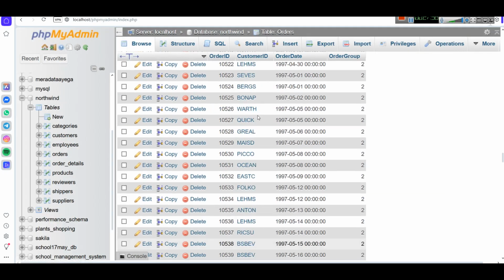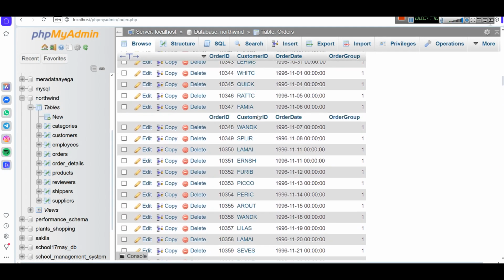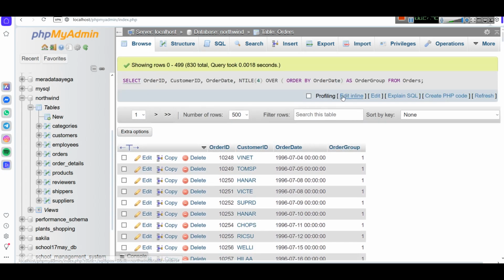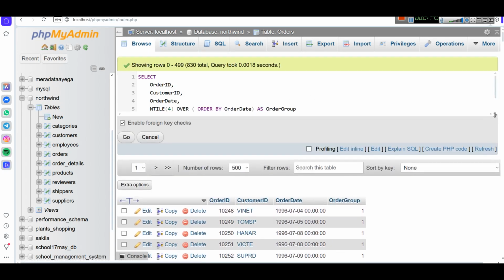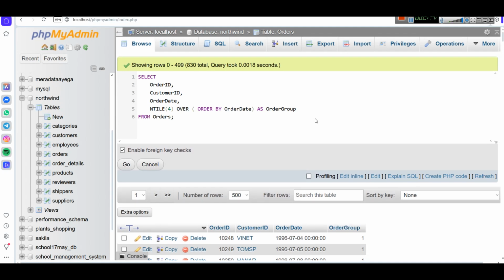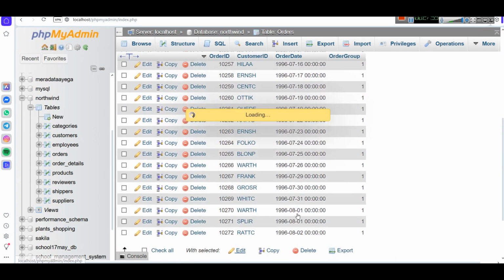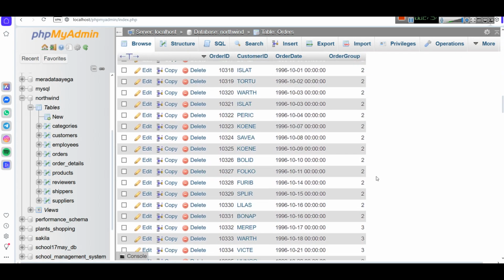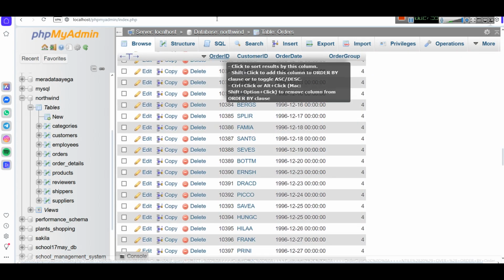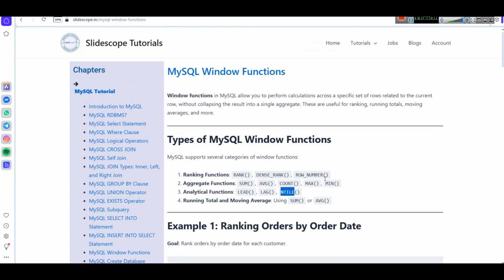Like if we write NTILE 20 here, every order will be ranked on the basis of order date into 20 groups. So if you write 20 here, you will see that it will do that. So you can see for 250, that 1, 2, 3, 4. So it will assign that. So these are the functions. We'll come up with more examples, but first